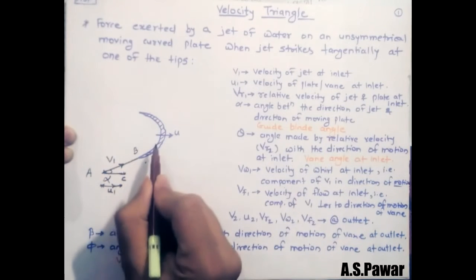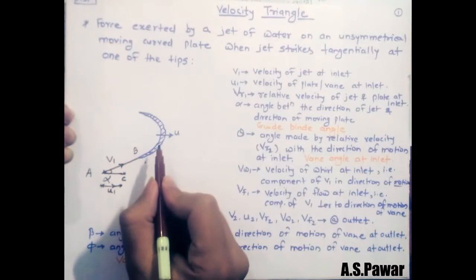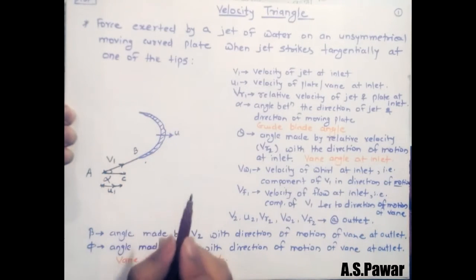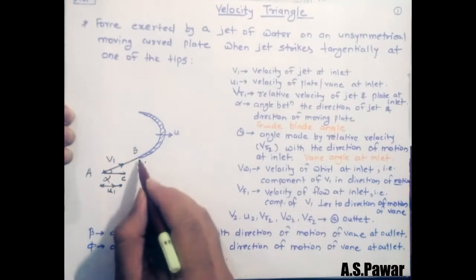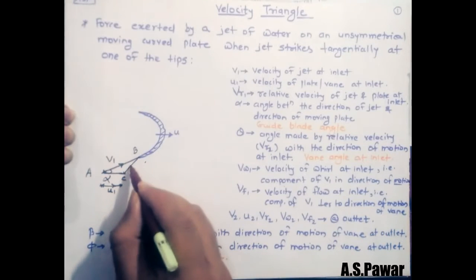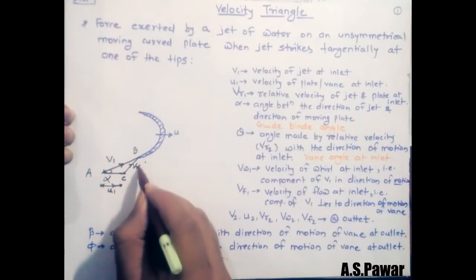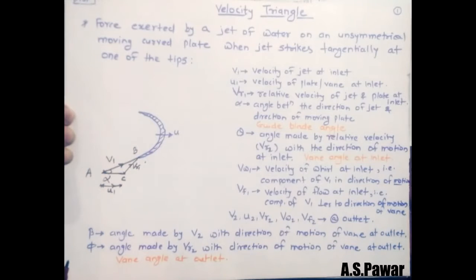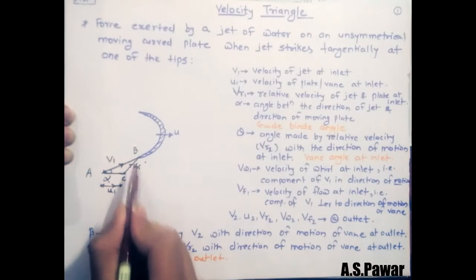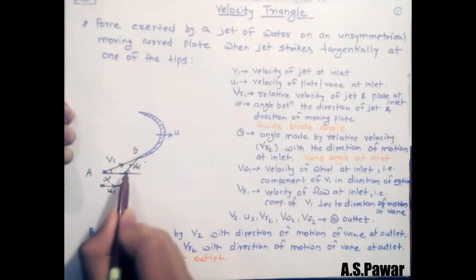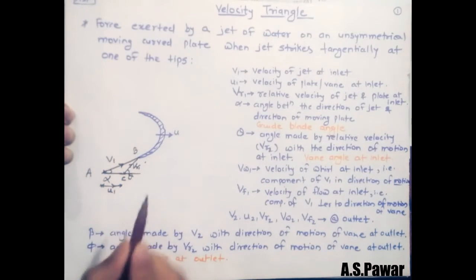Now when this jet strikes this moving plate, there will be certain relative velocity. So we are going to represent that relative velocity by VR1. We can find out that VR1 if we connect this point B with the C. So this will be the direction of VR1. VR1 represents the relative velocity of jet when it strikes the plate. Okay. Now next thing, the inclination of this relative velocity with the direction of motion, again it is certain angle, and I am going to consider that angle as angle theta. Okay, so this angle is theta.